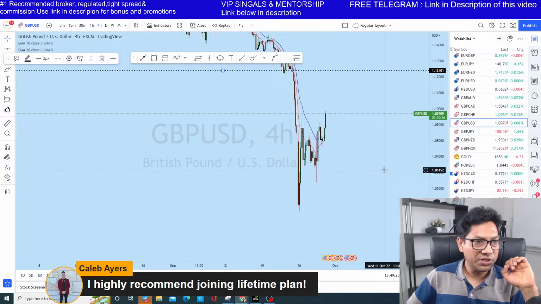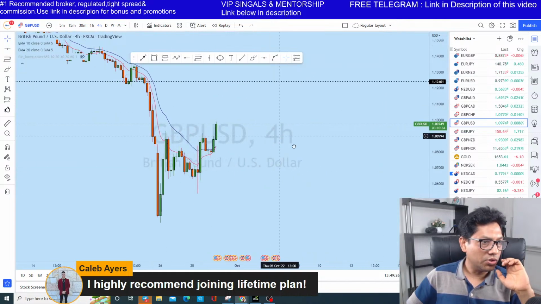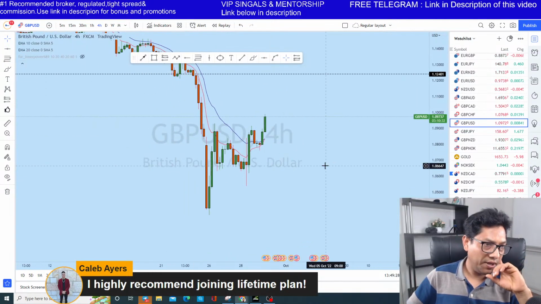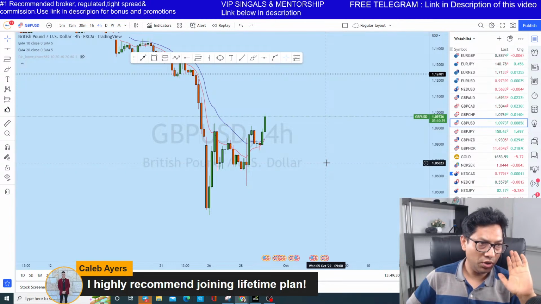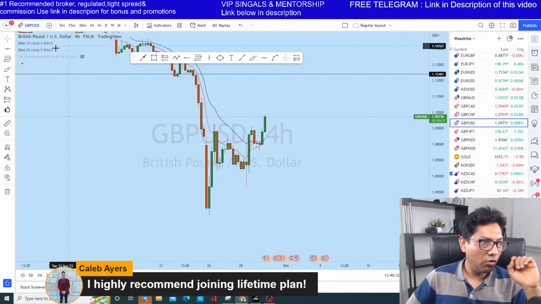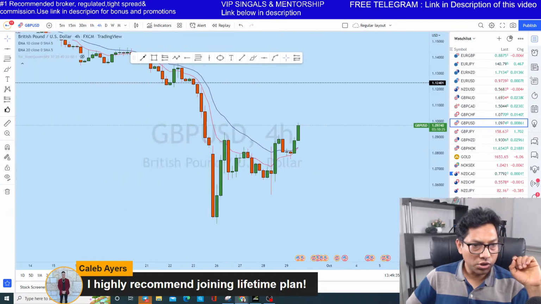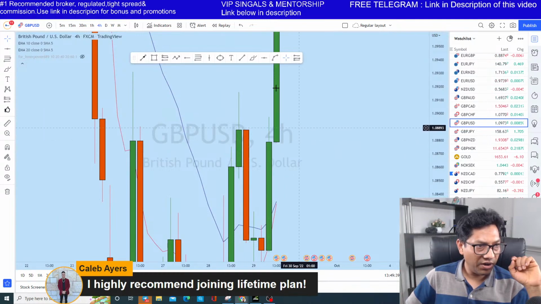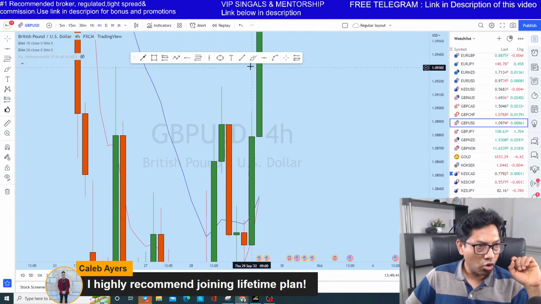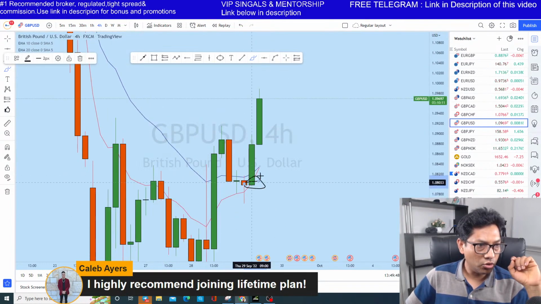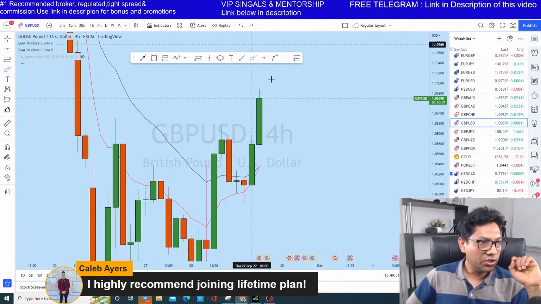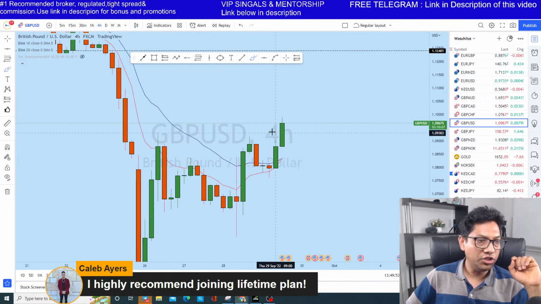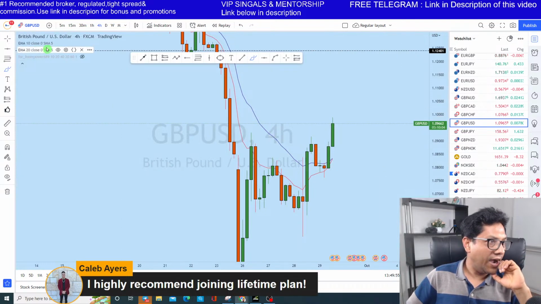On the 4 hour perspective, in what situation will I be going long on GBPUSD? Let me tell you, first of all, what could be a possible reversal. If you look at this candlestick, you see a very strongly green candle. You see the bottom of the candle, huge volume in it, right? Back to back two.